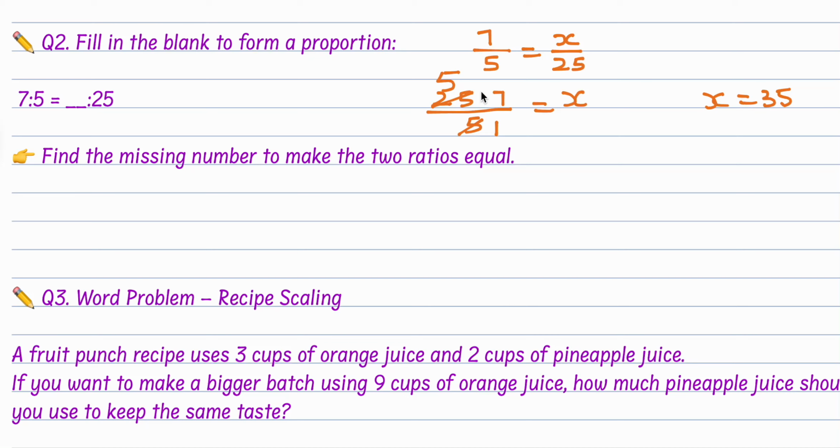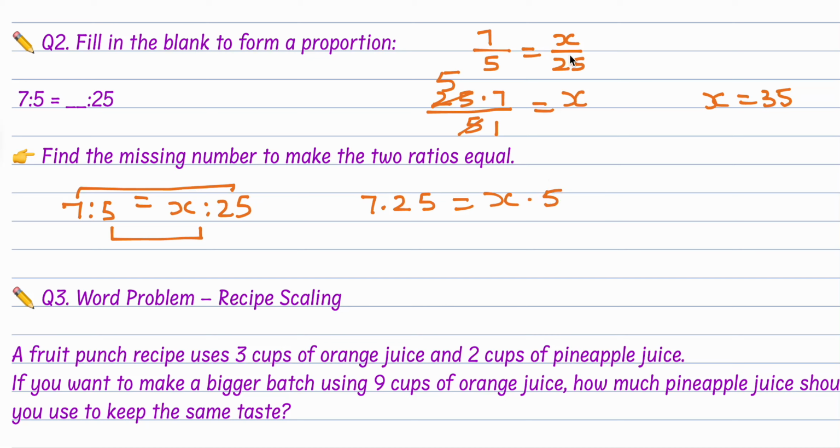Now this is, I am using the fraction method. I can also do it with the format the question is given. Let's do it, 7 is to 5 as x is to 25. Now what is the rule? Product of extremes is equal to product of means. So 7 times 25 is equal to x times 5. See, this is the same